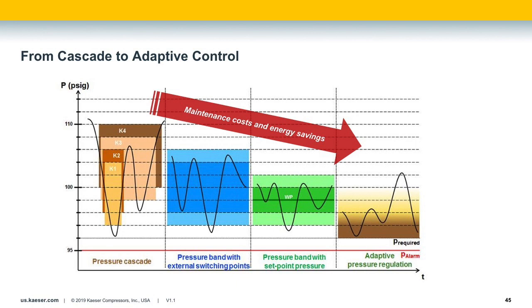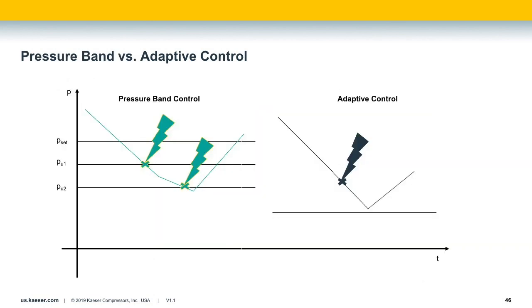As we move farther away from cascade pressures, we see reductions in energy cost as well as maintenance costs, and we're going to get into that here. So, dialing into adaptive pressure versus pressure band. This chart shows the difference between a system controller with fixed pressure bands and a system controller using the adaptive control. With pressure band controls, there are going to be fixed pressure ranges programmed, and once the pressure falls below this